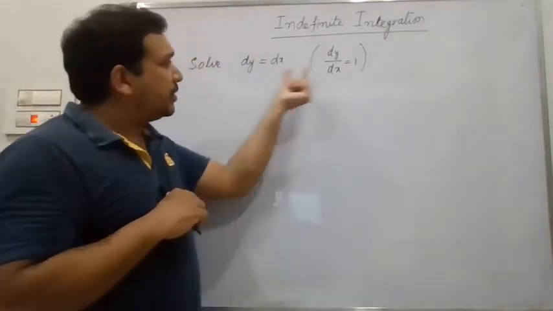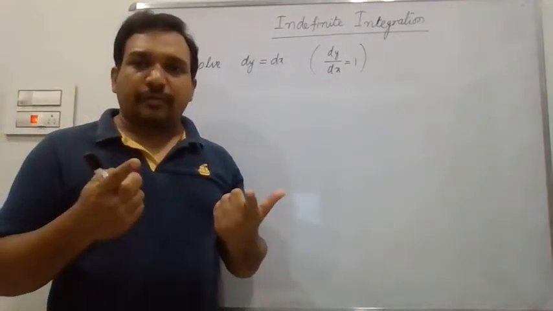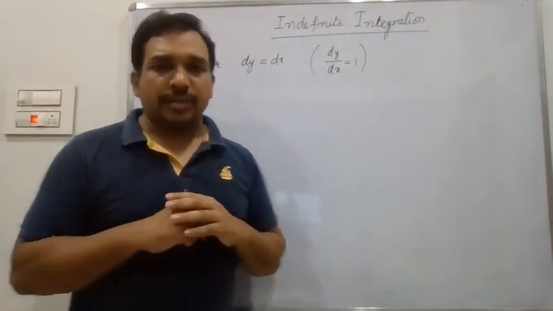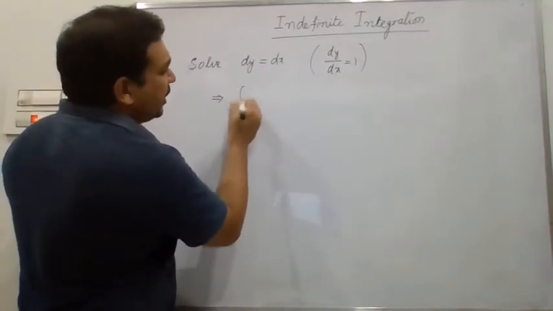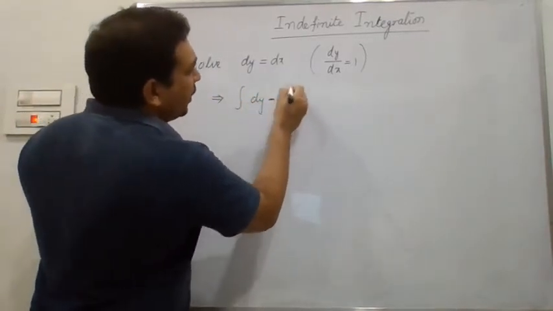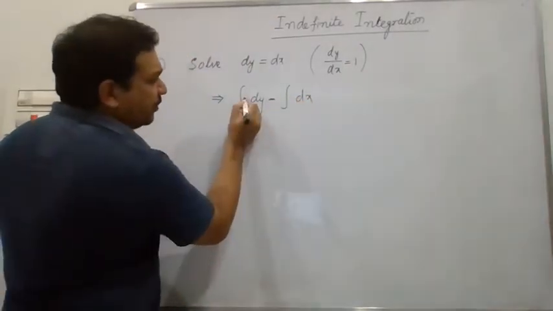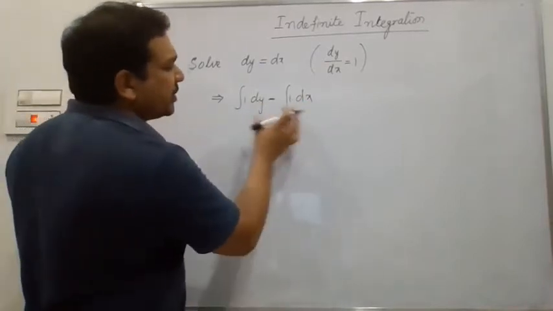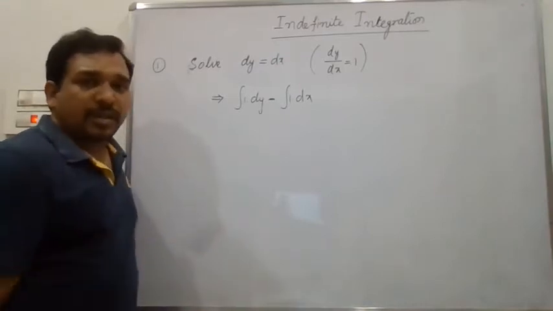So he gave derivative equal to 1, which we can write as dy is equal to dx. Then what should be the curve for which the derivative is equal to 1? This is the question. Understood, no? So I can apply integration on both sides. Integration of dy is equal to integration of dx. If nothing is in between, it means there is 1. 1 into dy is dy only, 1 into dx is dx only. What I did is apply the antiderivative on both sides.